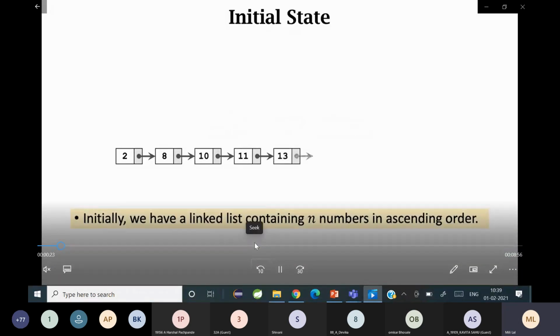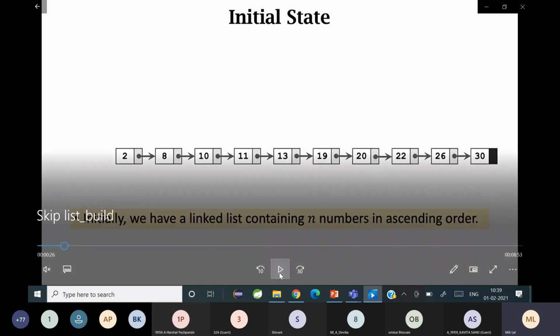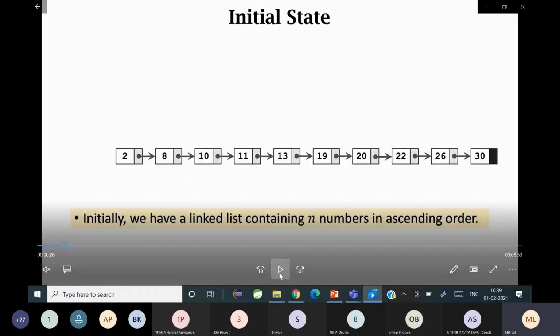So we are building the linked list right now. As you all can see, the linked list is built. You have nodes connected to each other in an ascending order format, that you can see the data is connected to each other in an ascending order format. It is not necessary that it should be ascending, it should be in an ordered format. So here we are taking an example of ascending order.